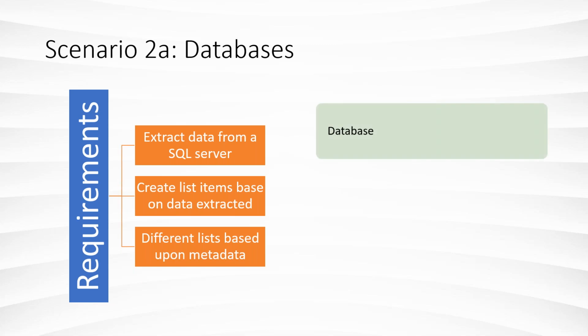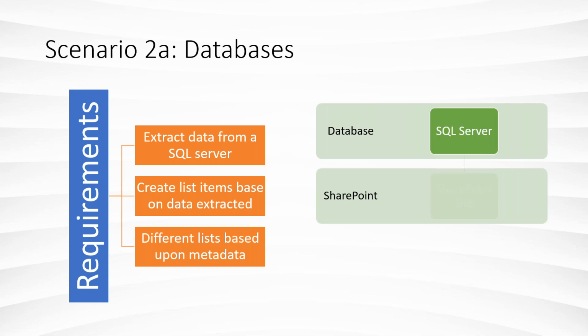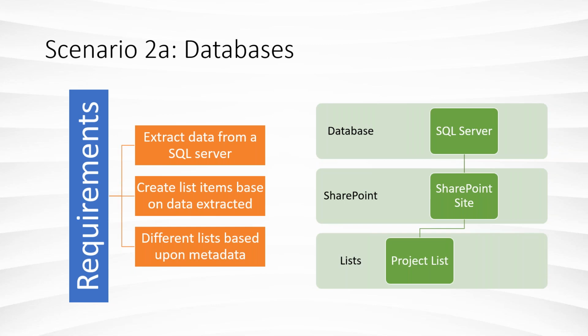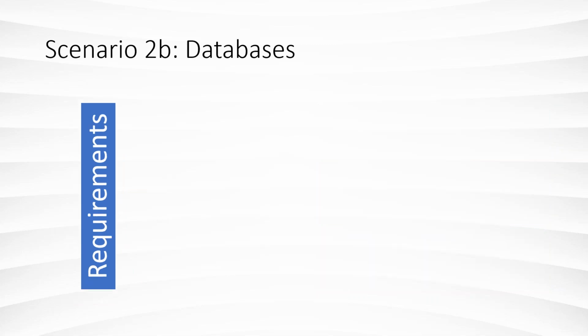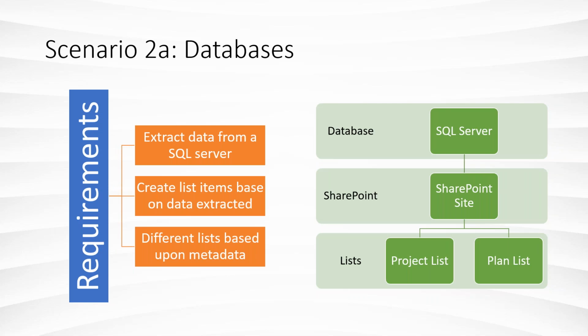And so, we start off with a connection right into the database, which is a Microsoft SQL server. And then we pulled that right into SharePoint. And you need to be able to take that data and split it out. In this scenario, we were taking the data which had to do with projects and plans that are associated with those projects, and we need to split them into 2 lists: a projects list and a plan list. And inside of those, you could have multiple plans that were associated with a single project, and so you definitely don't want all of that in one list.